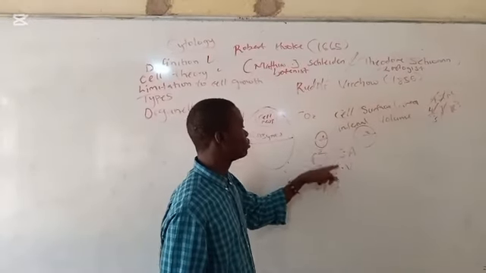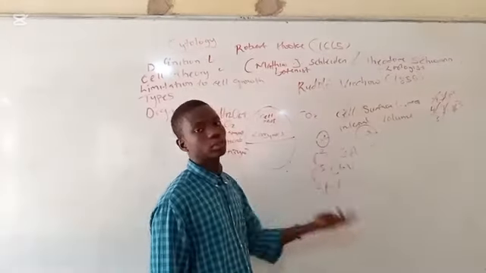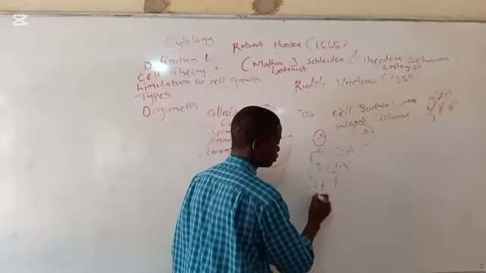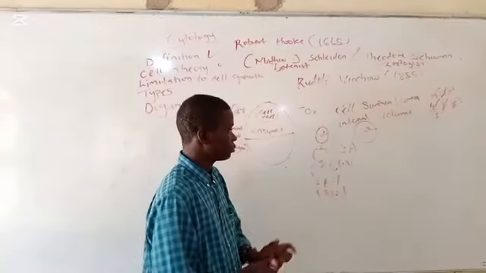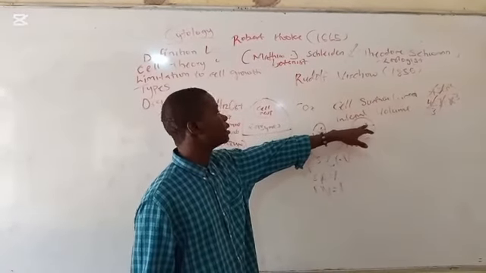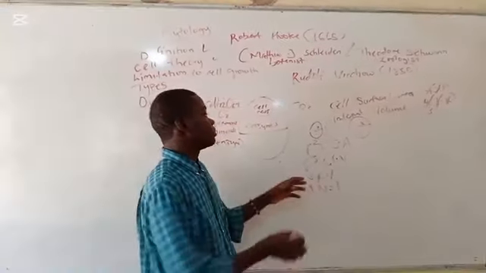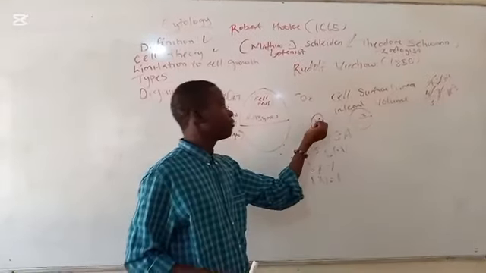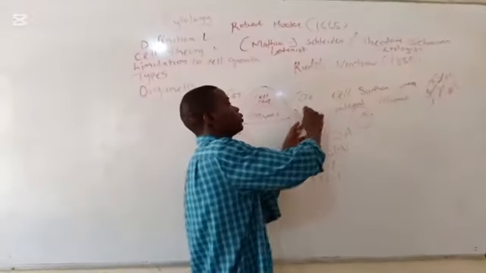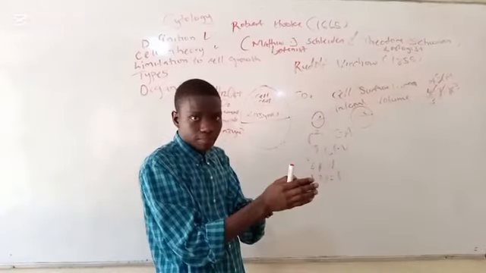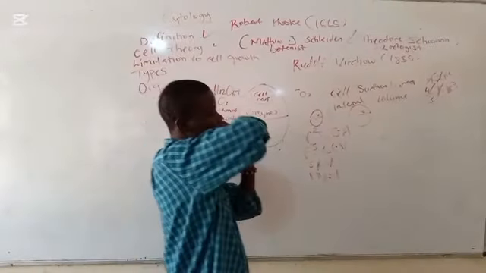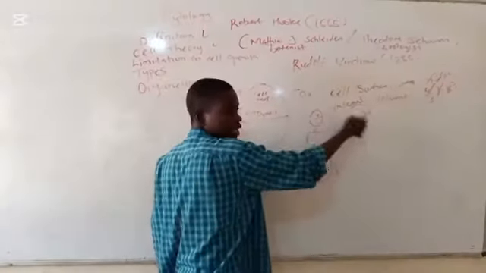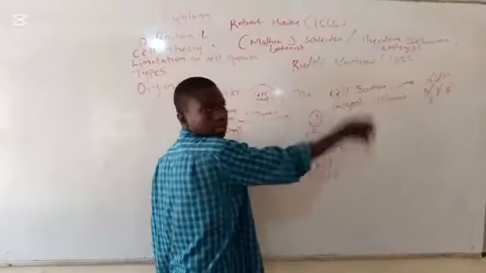and also the internal volume is radius cubed, which is 1 times 1 times 1. We also have the internal volume equal to 1. Now, there is a significant difference when it comes to this. It means that for this particular cell, both the internal volume, that is the content of the cell, and the surface area are the same. So it is fast enough for the movement of nutrients, and also for the removal of waste products across the cell membrane. Now for this particular one, we have 2 as our radius.